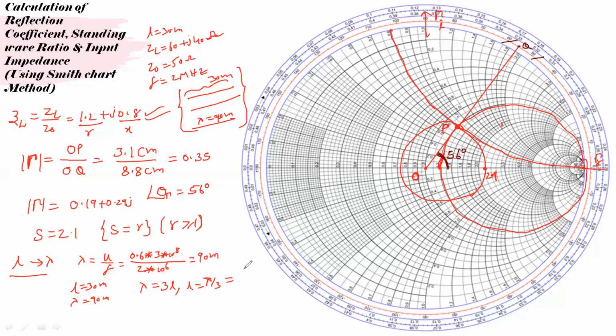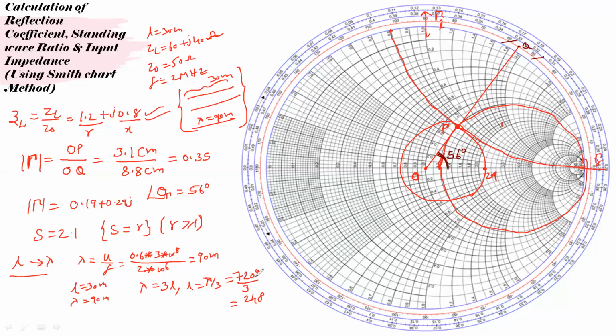which is equal to 360 degrees, that is equal to half wavelength. So here lambda is a full wavelength. To get the full wavelength, we need to rotate 2 rotations, which is equal to 720 degrees, divided by 3 here. So that should be equal to 240 degrees.